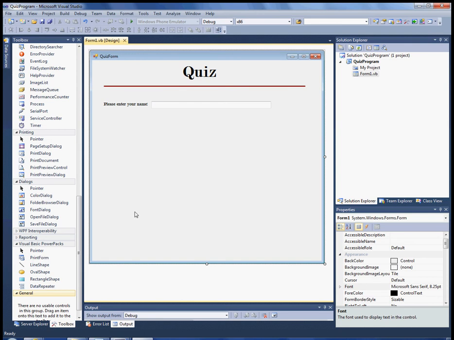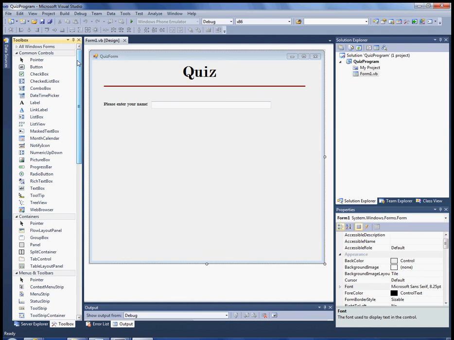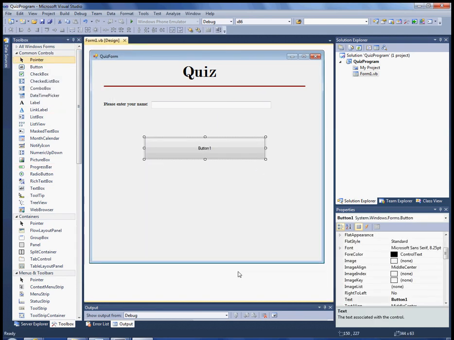Right, so now what I want to do is create a button which will open the next form. The next form eventually will be a form that starts the quiz. So I go to the top of my toolbox and I'm going to put in a button. Now I'll draw out the button, let's make it nice and big, and with the button selected, go to the properties and go to text. I'm going to put start quiz,